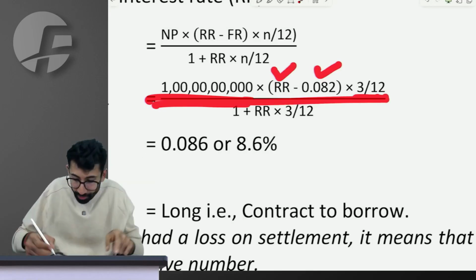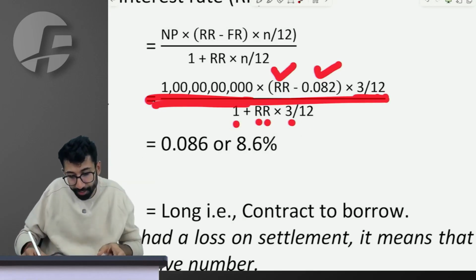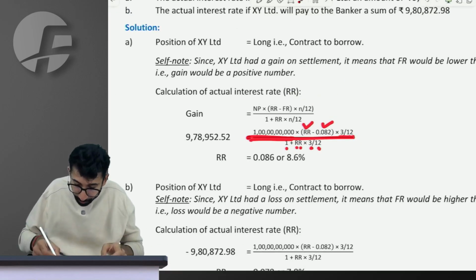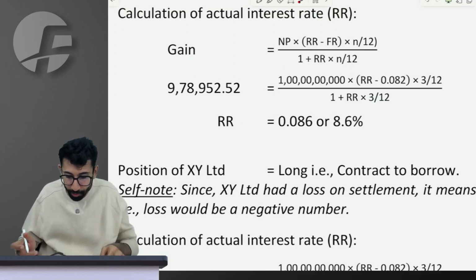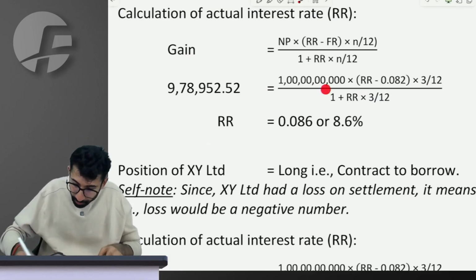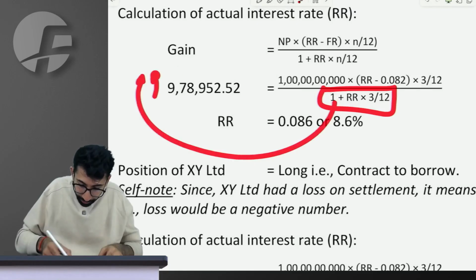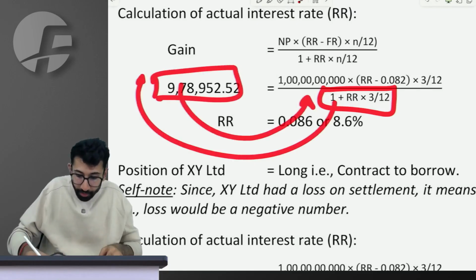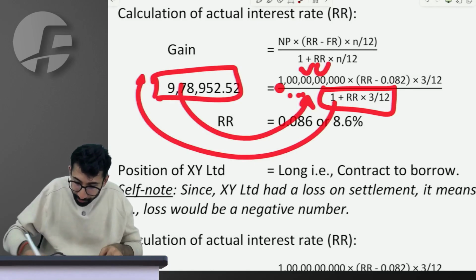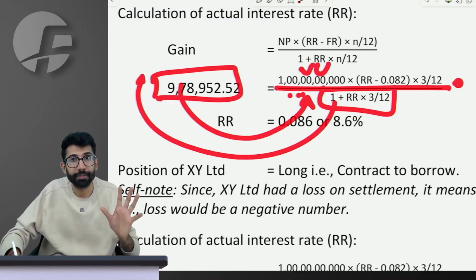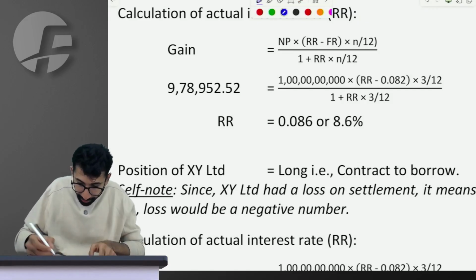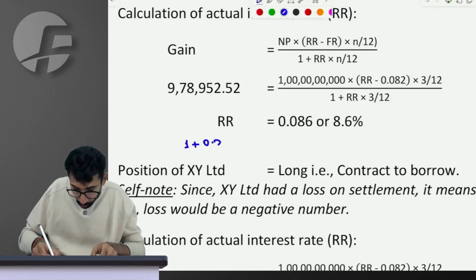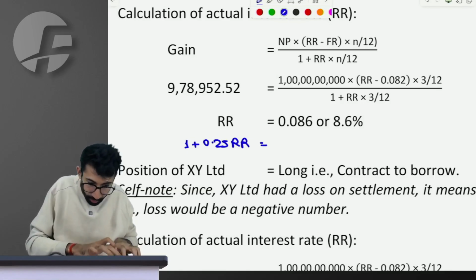But when you discount it, 1 plus whatever is the reference rate again for a period of 3 by 12, gives me the present value of this. Sir, let's try to solve it. How would one solve it on the calculator? Very easy. Let's bring this value here and this value here, divide 100 crore with this value and then let us try to simplify it. So the simplified version will be 1 plus 0.25 RR is equal to 100 crores